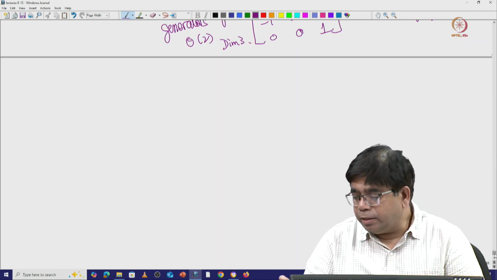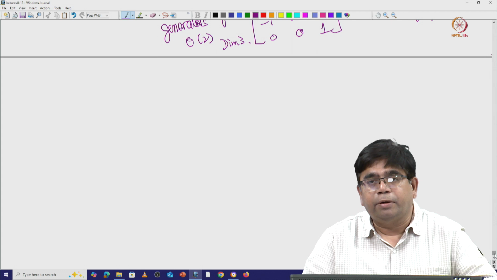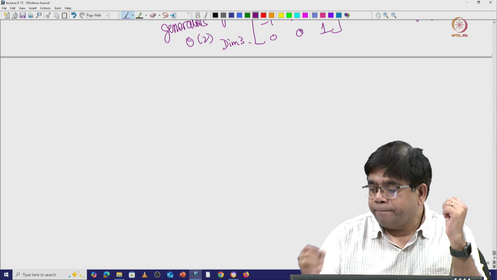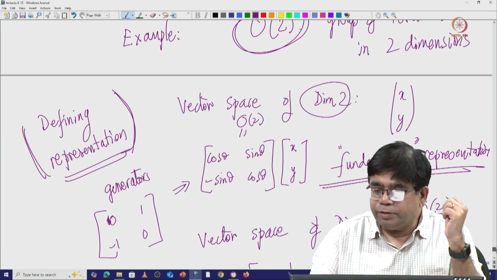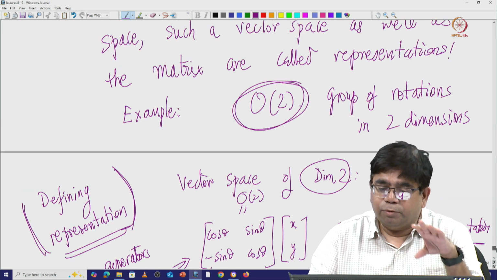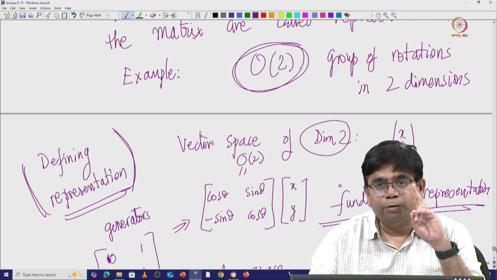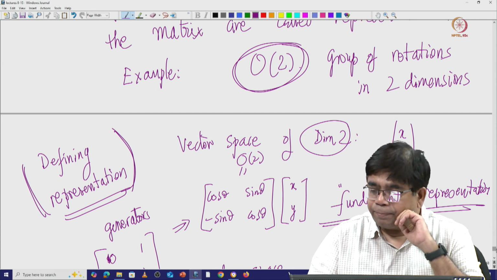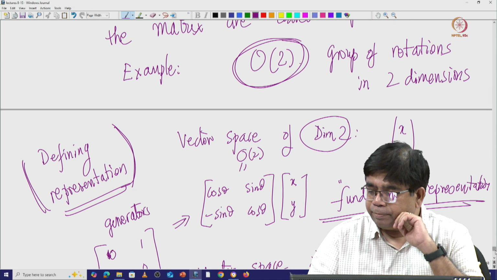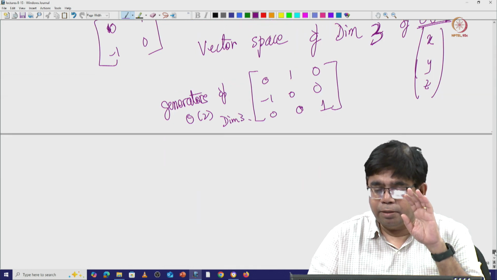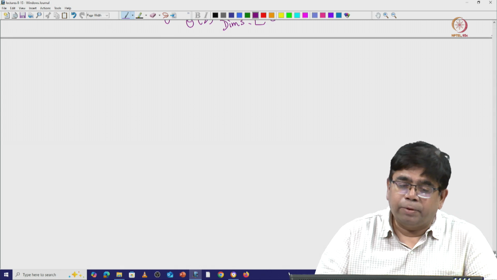Now that we have defined representations, you have to remember that there is a vector space in which you define them. You can have various vector spaces, all kinds of vector spaces, but the group action should be the same. It should represent the same thing: rotations in 2 dimensions should represent only rotations in 2 dimensions, even for an n-dimensional vector space. That is the task of a representation. So there is only one group.